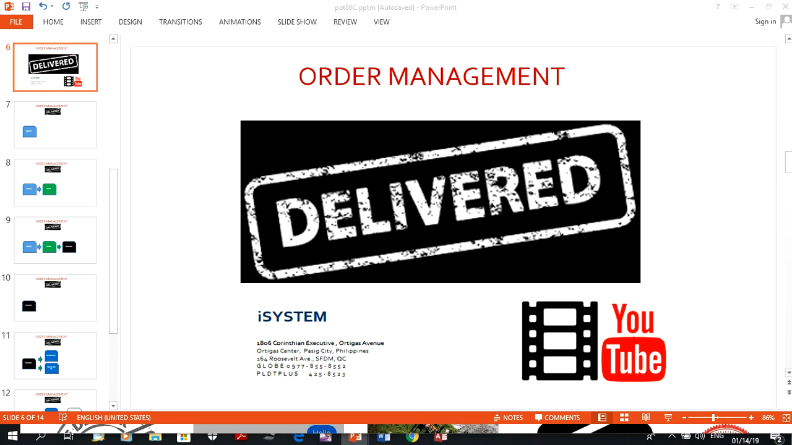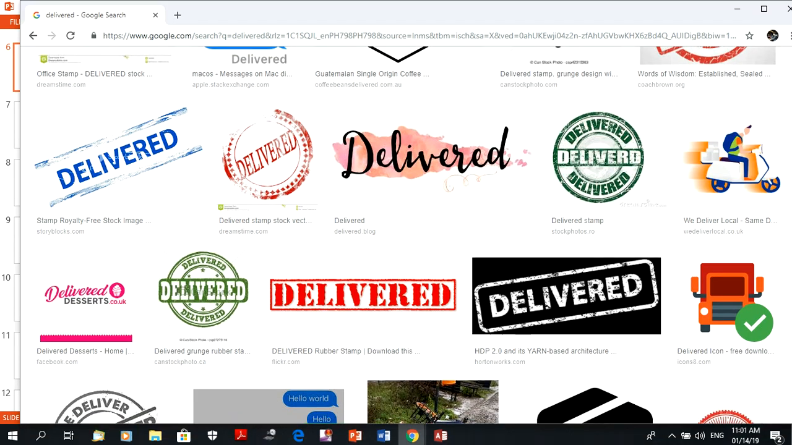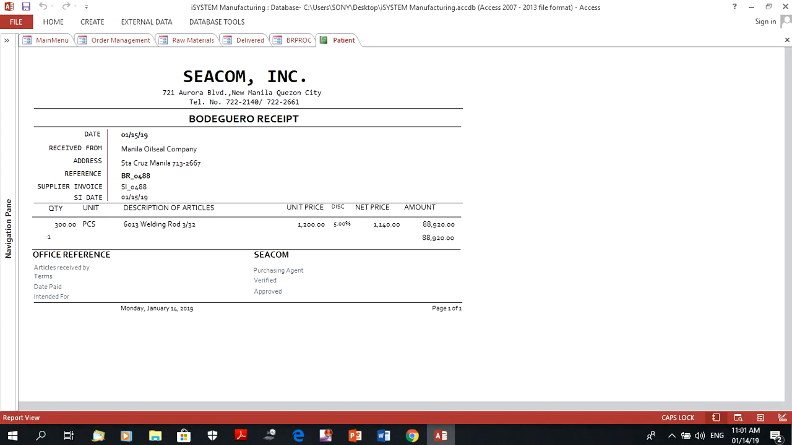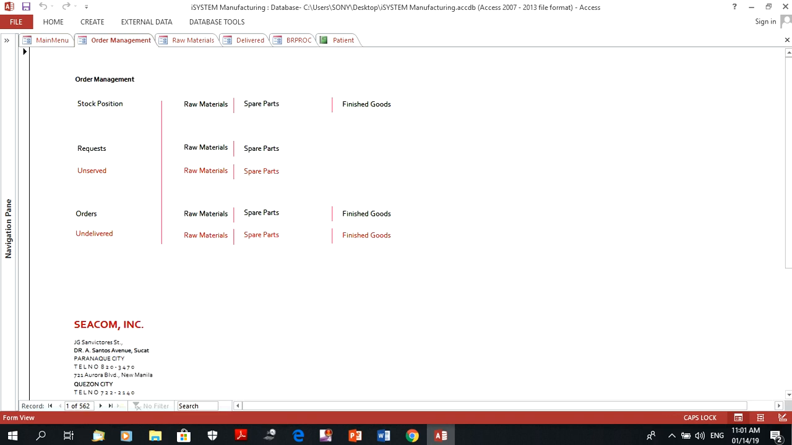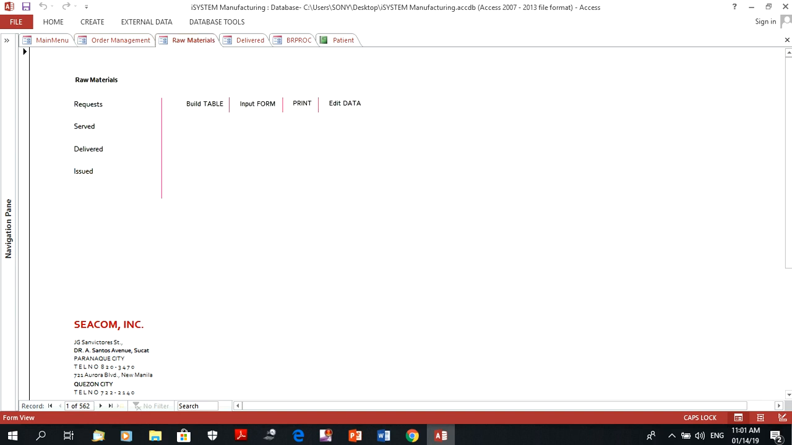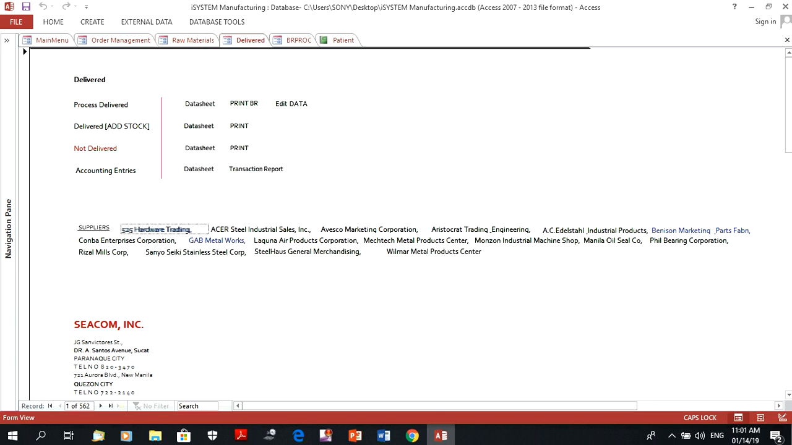When finally the system has accepted your orders from the request and the purchase order was issued, the supplier delivers what was ordered, or it may deliver only a part of what was ordered. From this menu of order management, this all happens from the request option of raw materials here, on delivered. So here, once it's delivered,